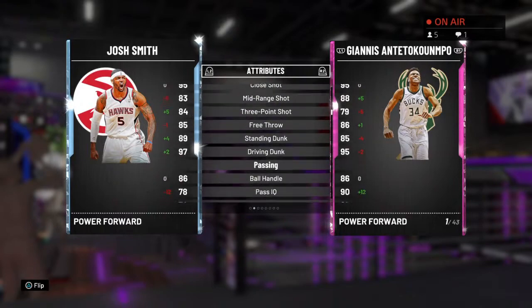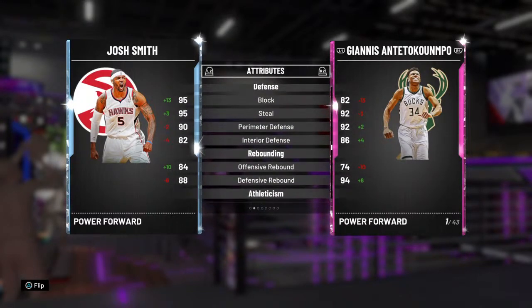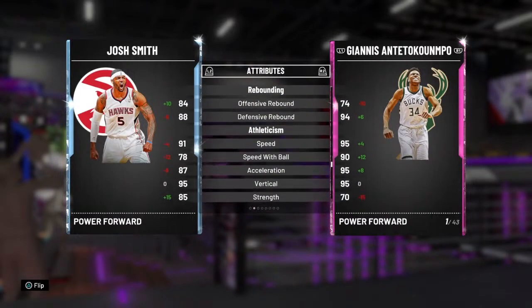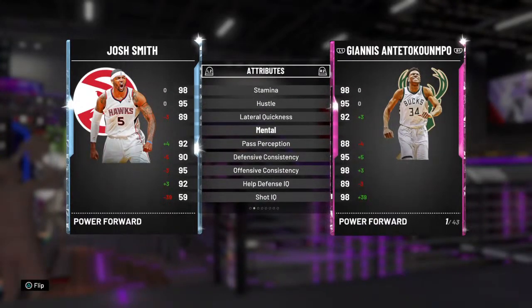And let's look at his defense again. His interior defense is only an 82, and he's smaller than Giannis. So this is the overall defensive card in the game. But I'm not super excited about the J.R. Smith because Giannis exists. But it is exciting that at least now Giannis isn't completely alone in the card